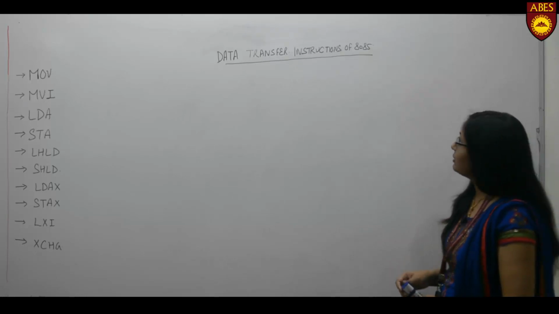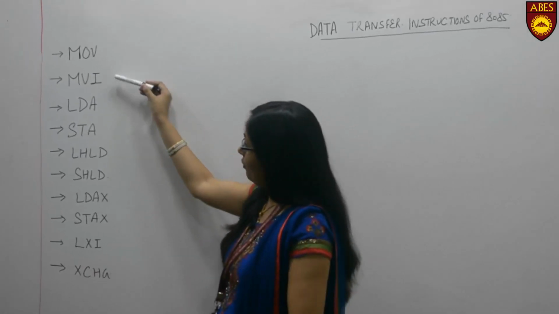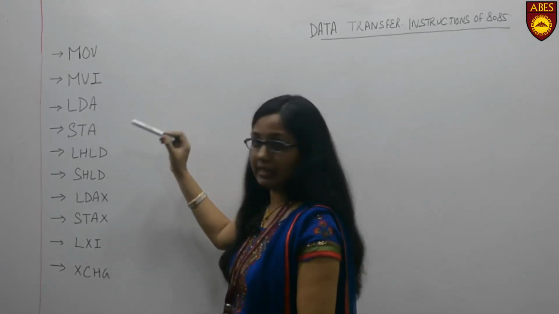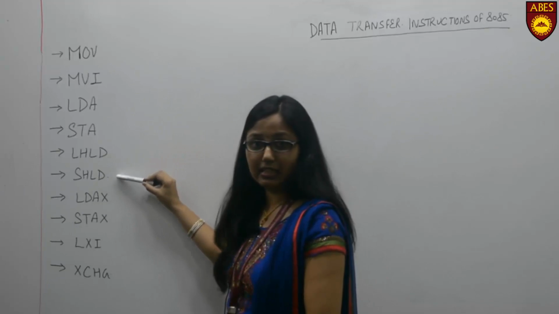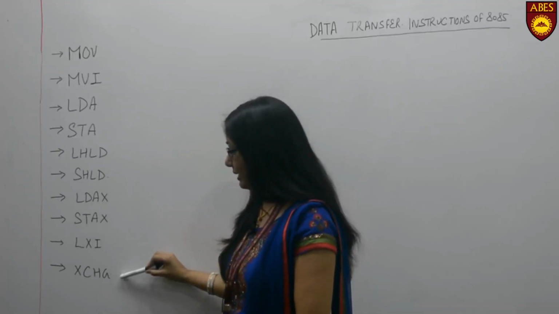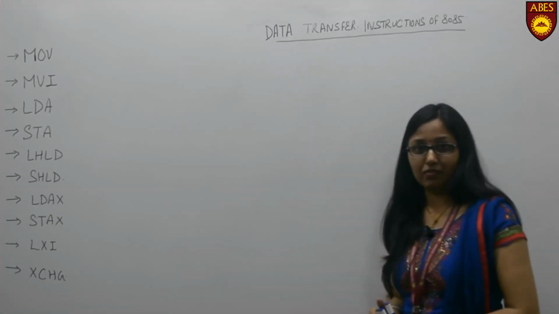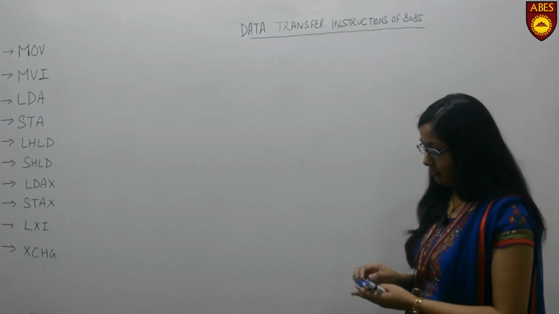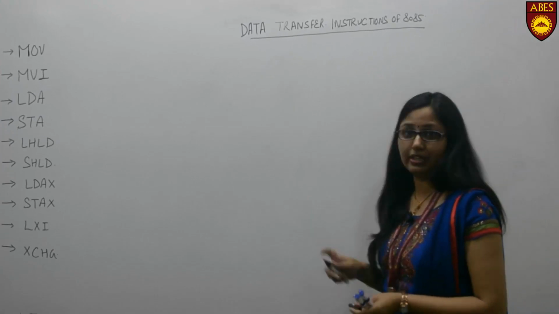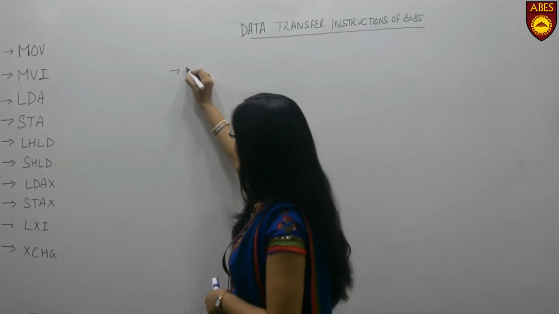The data transfer instructions included in 8085 are MOV (move), MVI, LDA, STA, LHLD, SHLD, LDAX, STAX, LXI and XCHG (exchange). We will discuss these instructions one by one. First of all, the very first data transfer instruction is move. The mnemonic for this instruction is